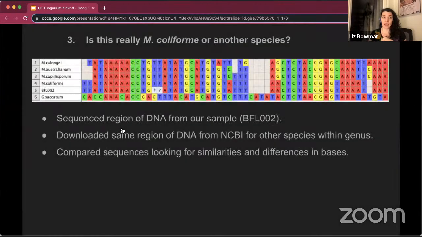Okay, and then the last slide. This one I wanted to show you. We are trying to get DNA sequences for all of our samples. And this is kind of a plug for a possible future workshop. So